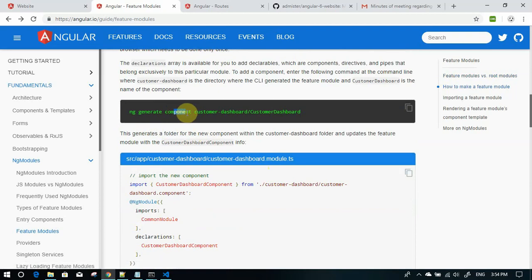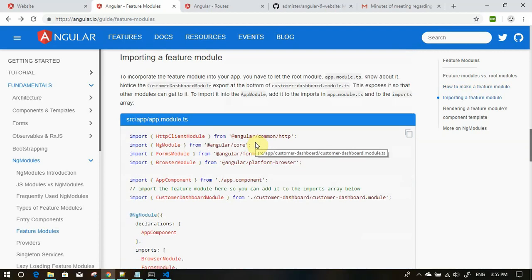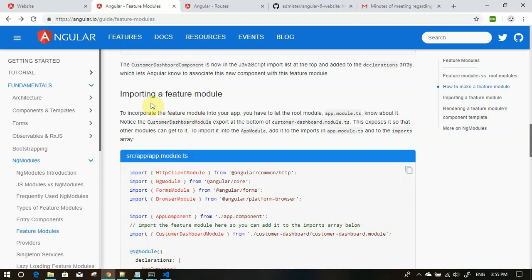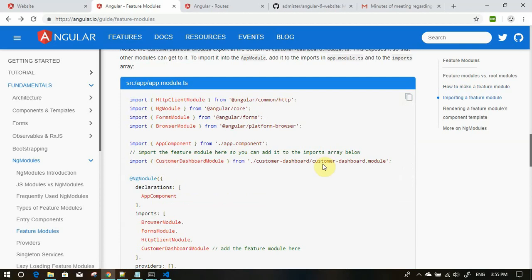Here we are generating a component in reference to the customer dashboard module that we created. So this is the folder name which will get created, and this is the component name. And then we are importing this in the main app module,